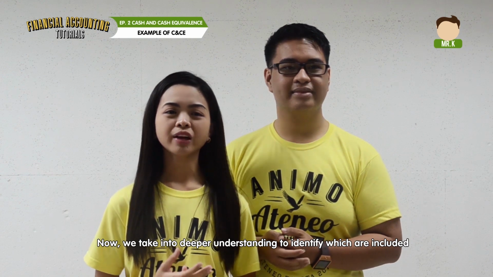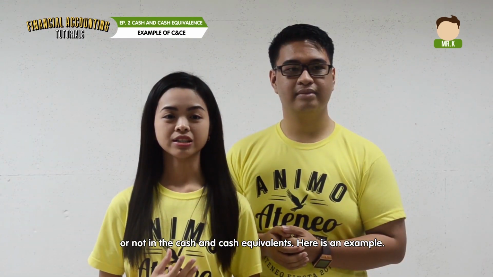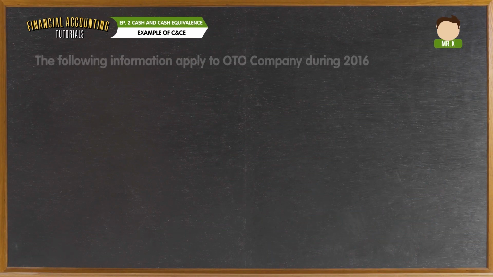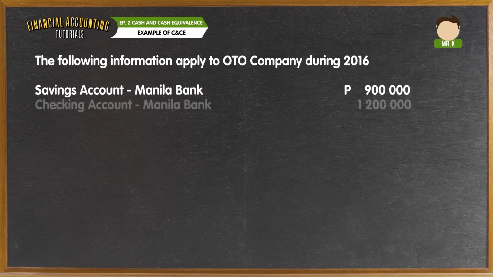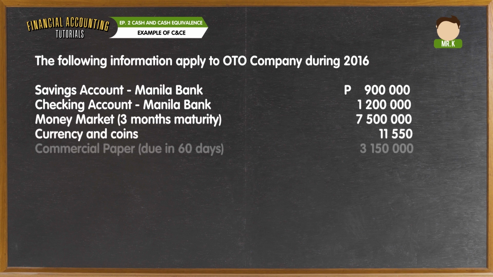Now, we take a deeper look to identify which items are included or not in cash and cash equivalents. Here is an example. The following information applied to Auto Company during 2016. Savings account, Manila Bank, 900,000. Checking account, Manila Bank, 1,200,000. Money market, 3-month maturity, 7,500,000. Currency and coins,